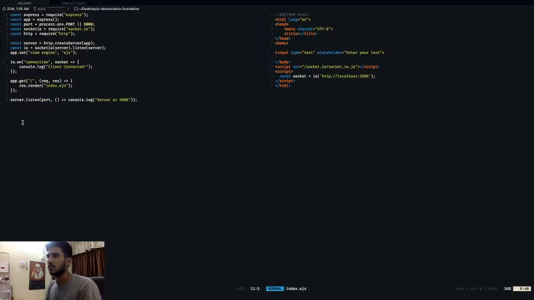Let's see so we get that. The input bar is quite small here, because even if you want to type a medium sized paragraph, this seems small. So maybe we can go with a textarea instead of input. So we'll change this into a textarea.